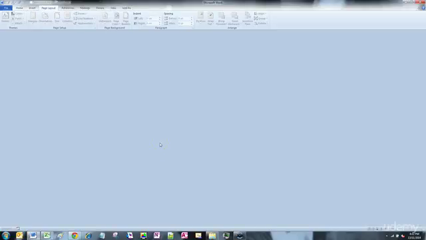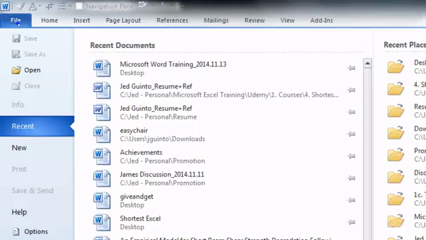Hey guys, welcome back. Now that you've learned how to open Microsoft Word, how to save a file, and how to close it, now we're going to learn how to open that file up again, okay? Because you're going to have heaps of files, hundreds, thousands, I don't know about millions, but a lot. Thousands easily. So the way to open your file is to go File, top left corner,